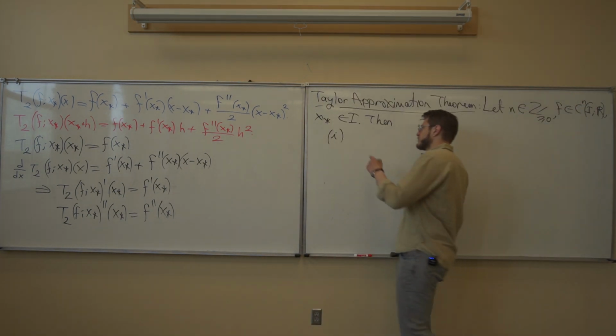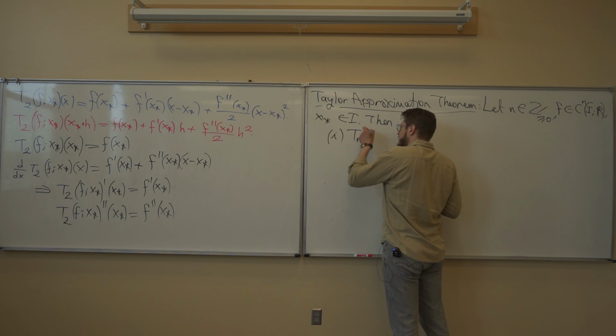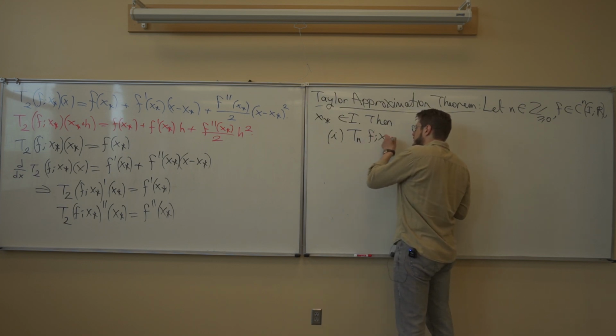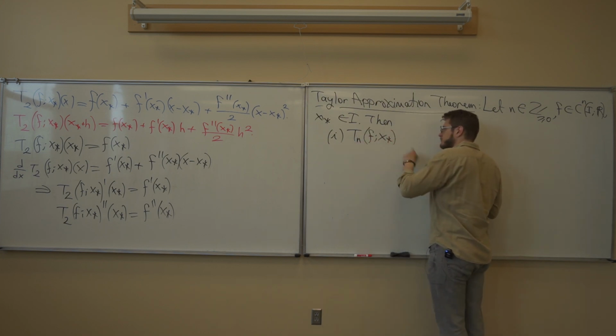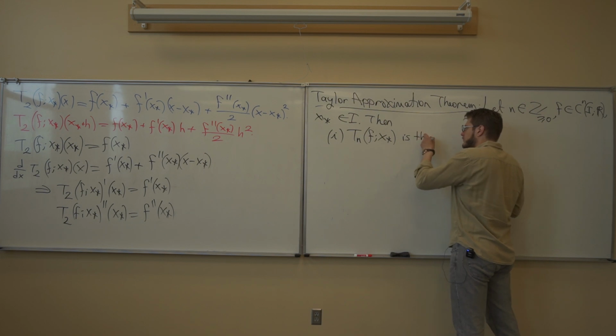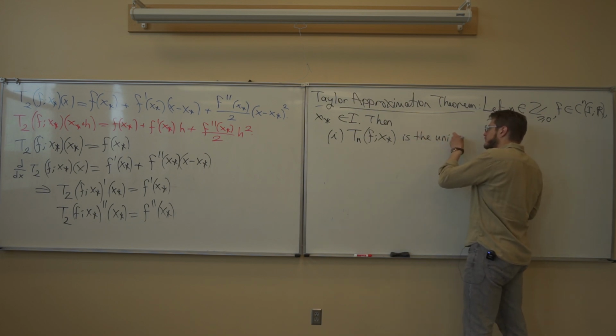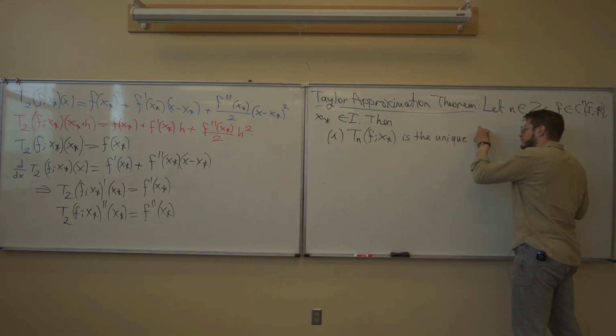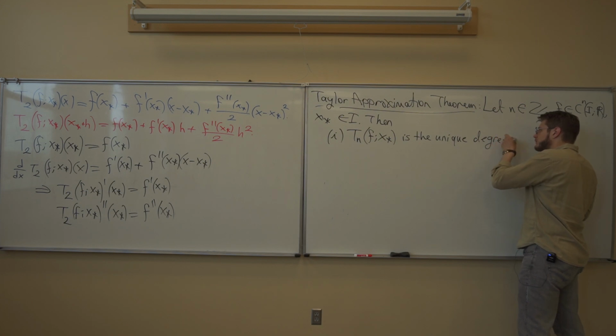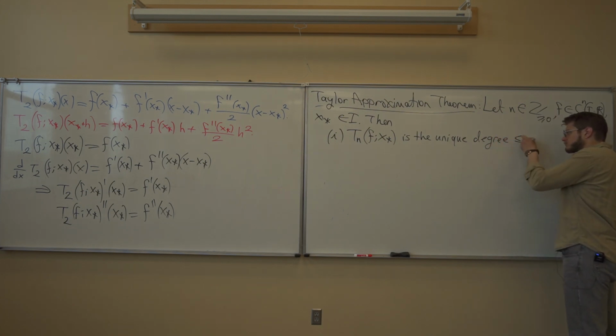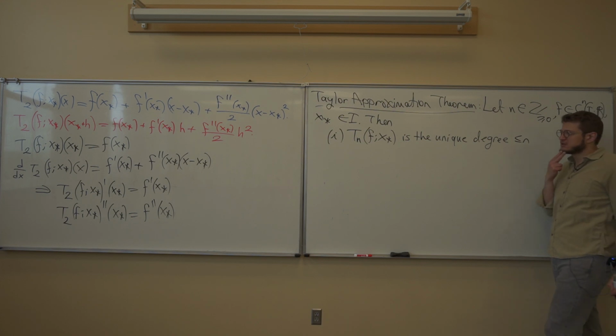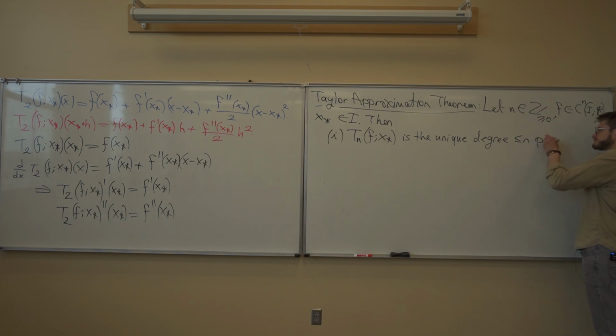That is to say, at most n, of course, because maybe the nth derivative vanishes, in which case you wouldn't call this a degree n polynomial, is a unique degree at most n polynomial